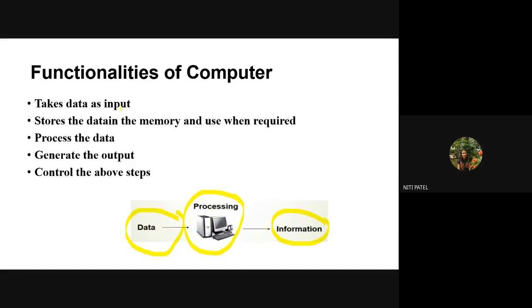Now what happens is, as soon as I start my computer, I have a user connected to that computer. What is the function of that user? It will start typing some program and it will expect some kind of output from the program. So when I start the execution of a program, what I have to give to the computer is an input. The computer takes the data in the form of the input. So the data that you can see here is nothing but the input. Where is that input going? It is going to the computer system. It stores and retains it in the memory and uses it when it is required.